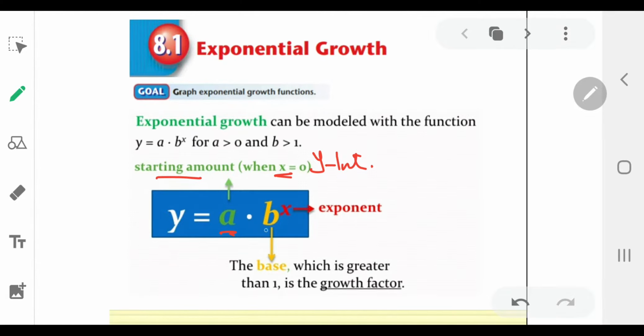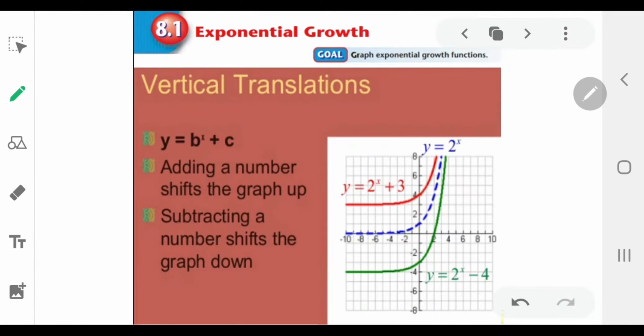b, the base in exponential growth, is always greater than 1. While the input in this particular exponential function is the exponent, the x values are the exponent of the exponential function. Exponential growth. Now, as we are moving on in our objective to graph exponential growth functions, we're going to introduce